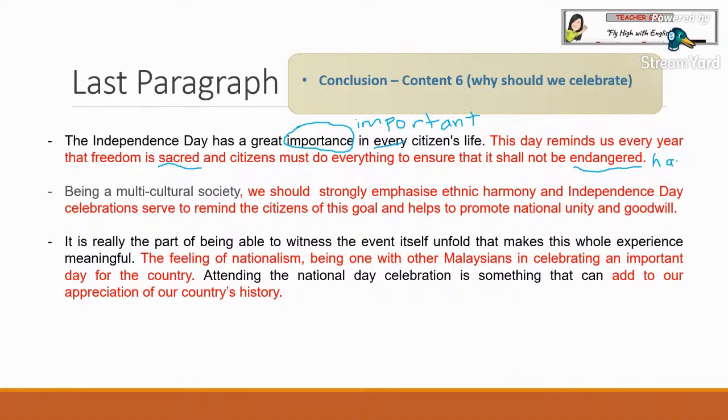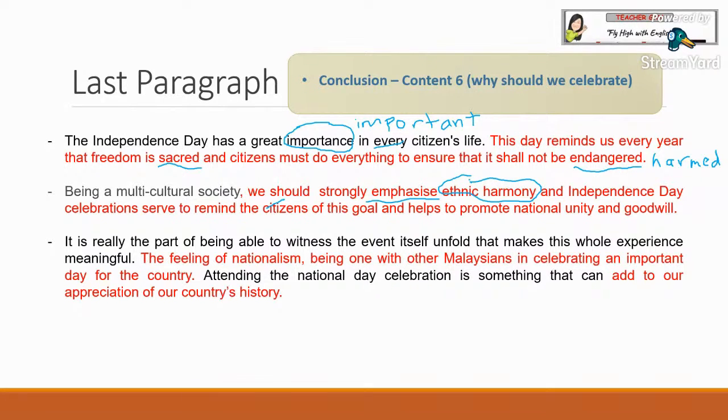Shall not be. You can have the word harm. Okay, diganggu atau dirosakkan. Next. Being a multicultural society, we should strongly emphasize means to give importance. Emphasize means beri penekanan of ethnic harmony. Okay, harmony, bangsa, semua bangsa or kaum,